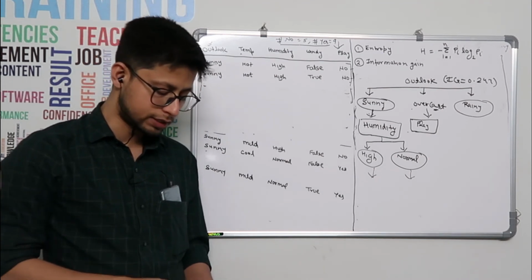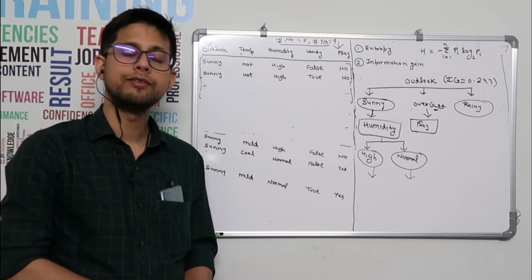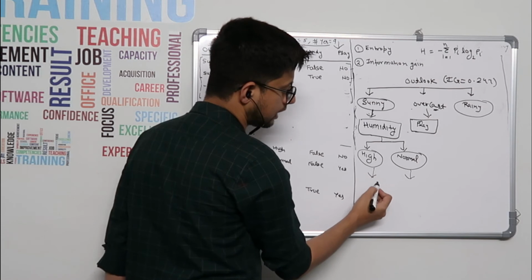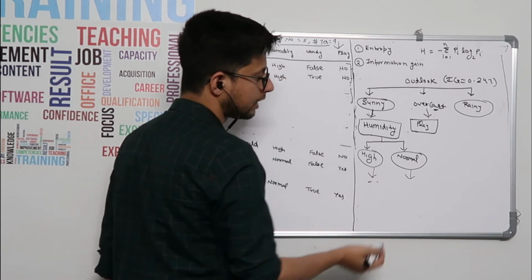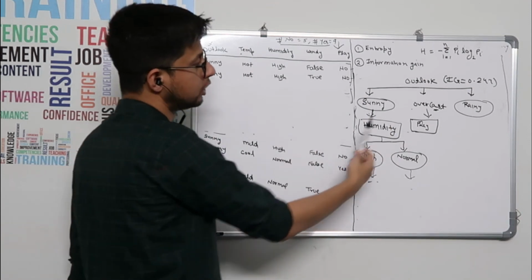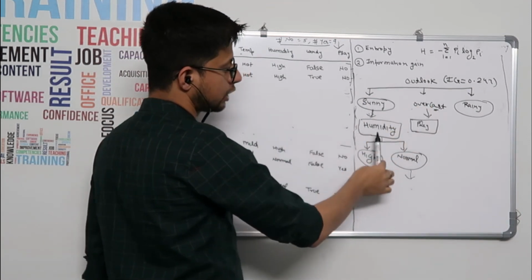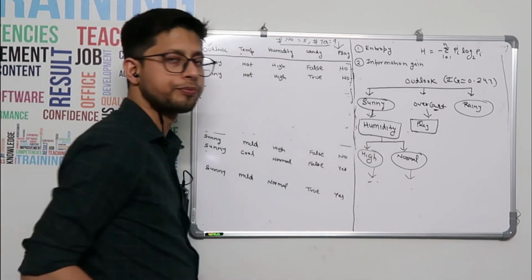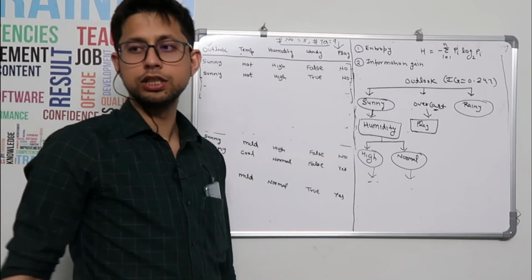So that's where you will say. And if it is homogeneous, then of course you will find there will be only one class, and whatever is that class, you will declare it is that one, okay? And here also you will check. So just check in your data set, if it is sunny and humidity is high, then what? If it is sunny and humidity is normal, then what? Okay, so that you will get.